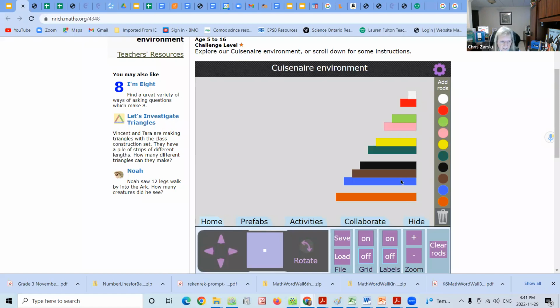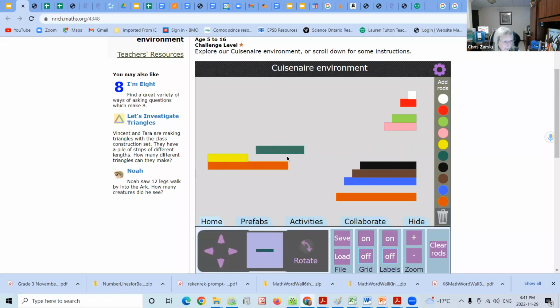And I could ask them something like, if I got an orange rod, you can just drag them over. If you need another one, just hit your button. So here's my orange rod. Which of these rods could you put on top here so that there's nothing hanging over and there's no holes? And I don't care what colors you use. Okay, it could be any color. So let's say I grabbed a yellow. Okay, put a yellow one on.